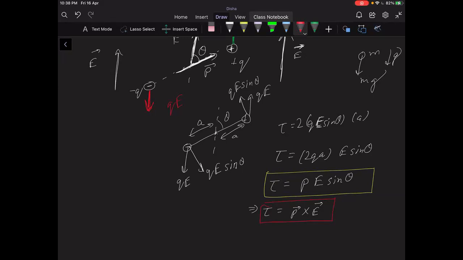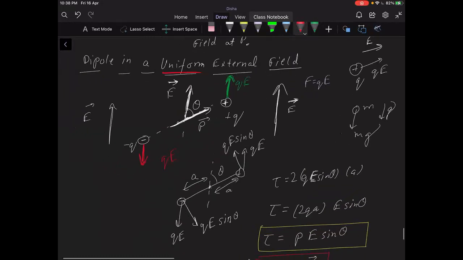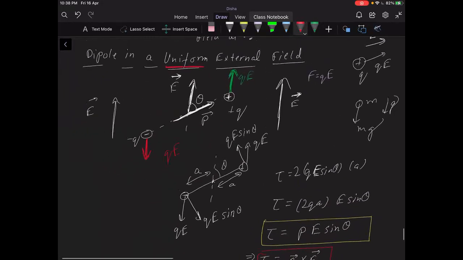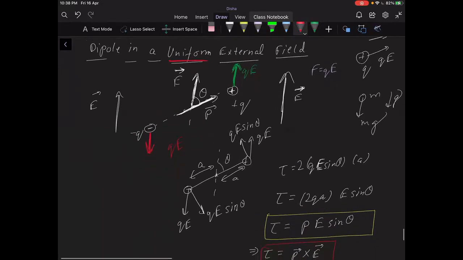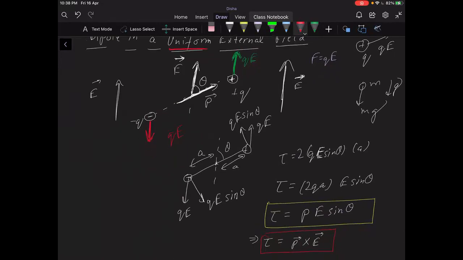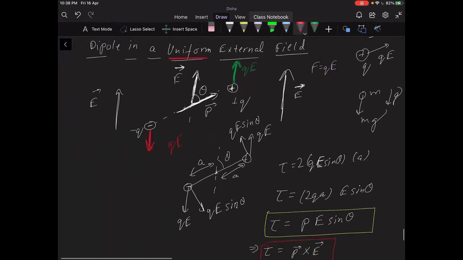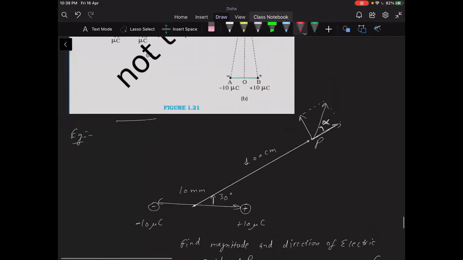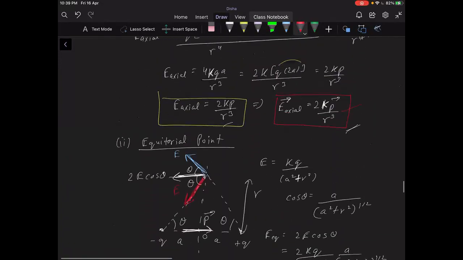So P cross E. I mean, derivation, see, when I was your age and when I wrote the JEE exam, I had very little knowledge of derivations. Even though I read them, I understood them, and then I put them in the trash, is what I did to them. So I don't remember that many derivations. Even today, I don't have full knowledge of all the derivations, especially in mathematics, but also in physics. I have the benefit of being able to refer to the textbook every now and then when required. But this stuff is very easy and it's very clear in my head. I remember all this stuff.